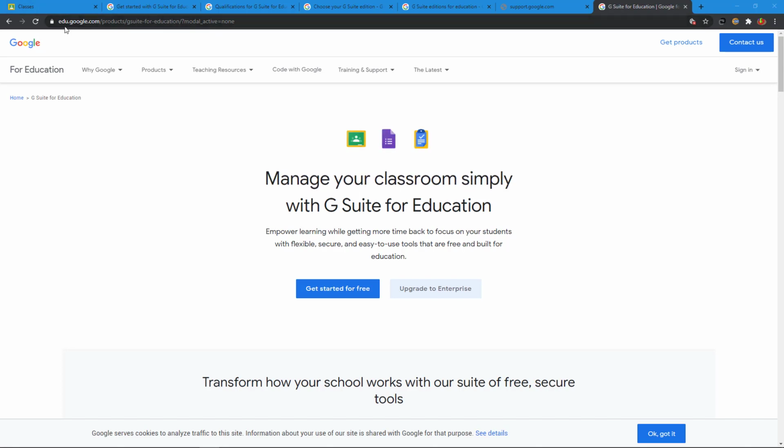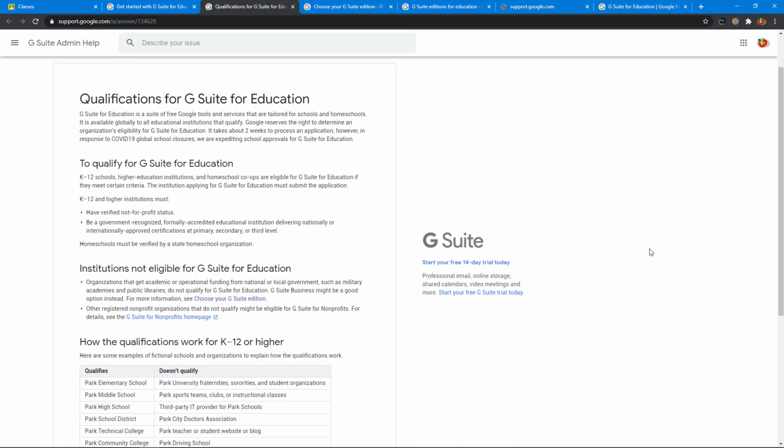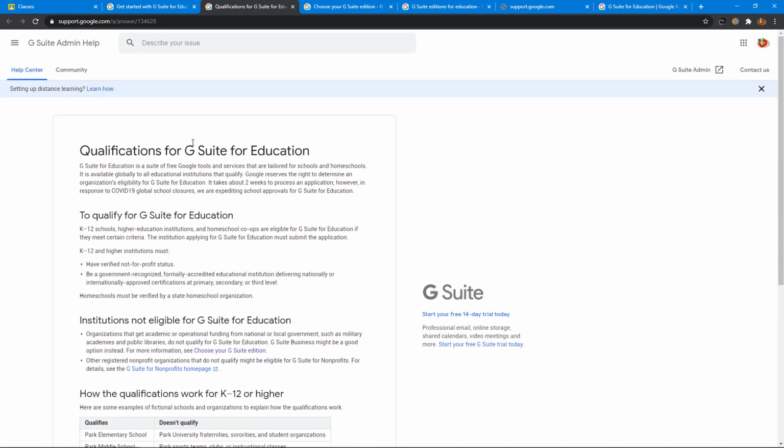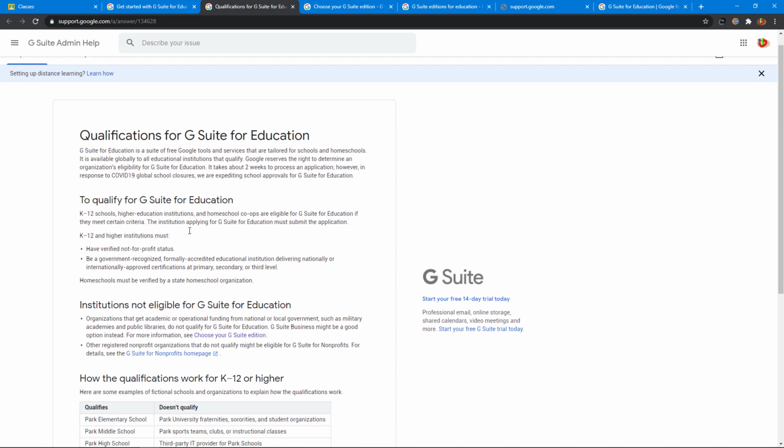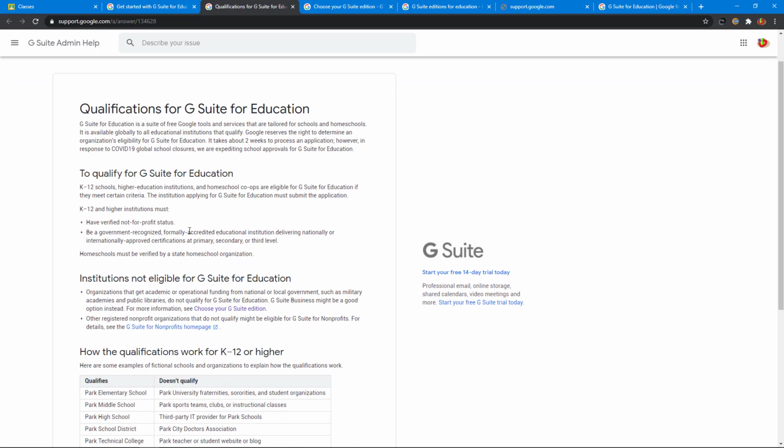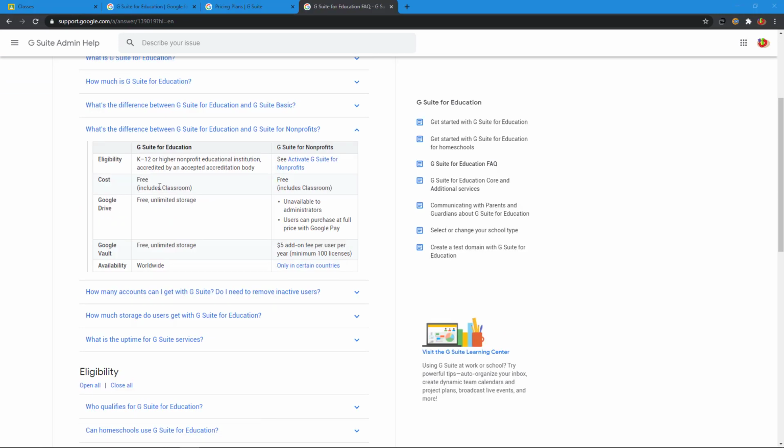You can create one from edu.google.com and click this Get Started for free. And also you can check out the qualification for the G Suite for Education account. Your institution should be a K-12 school or higher education institution. These are the qualifications. G Suite for Education is free, includes Classroom, and you can get unlimited Google Drive storage